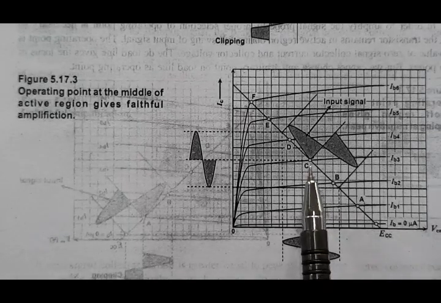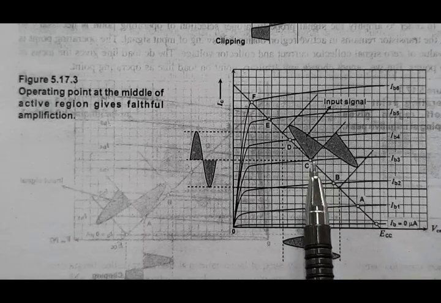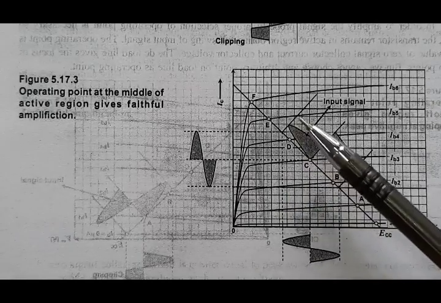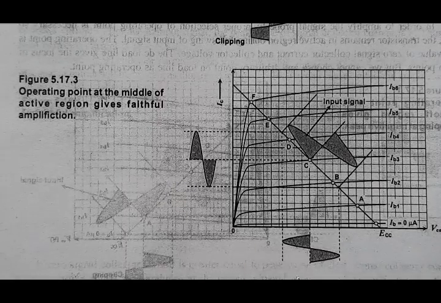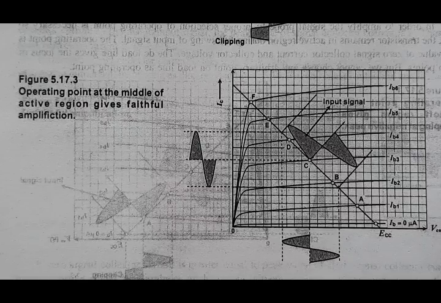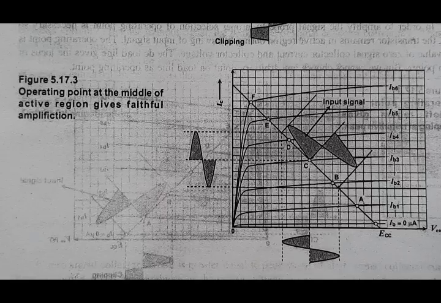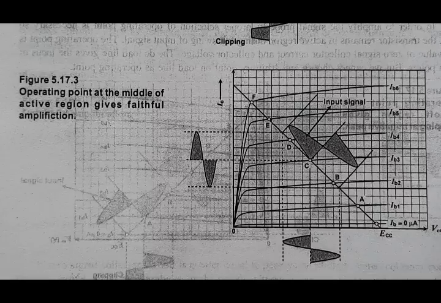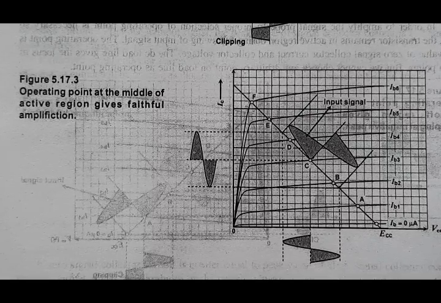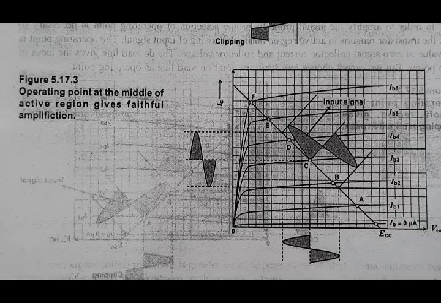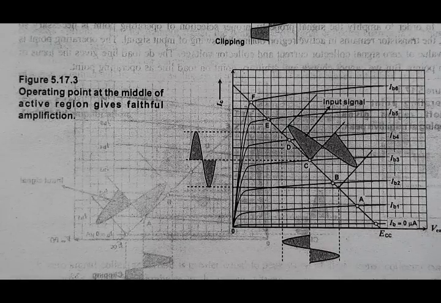Here they have chosen this point C which lies in the middle of the load line approximately, and here this is the input signal which we are applying at the input terminals, and जो output है वो आपको देखो without distortion मिल रही है with faithful amplification. So that is why I am stressing upon that your operating point of the transistor, it must lie in the middle of the DC load line so that your transistor, it can work properly in the active region of operation to give us a proper faithful amplified output signal without any distortion.